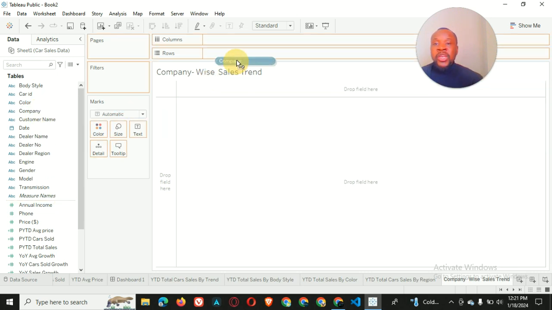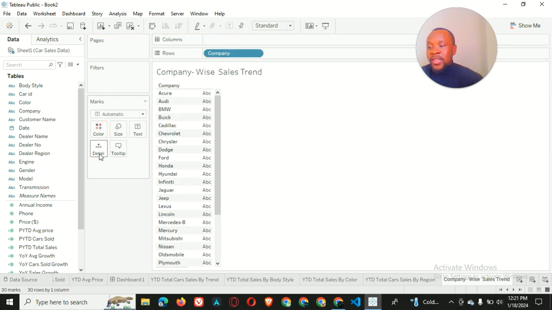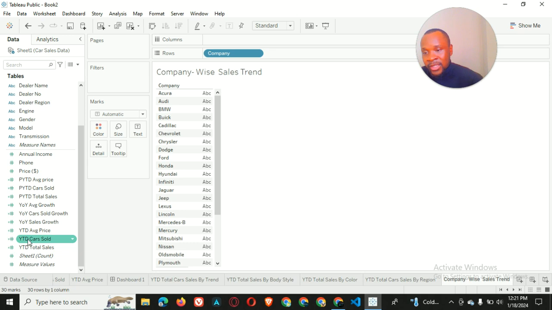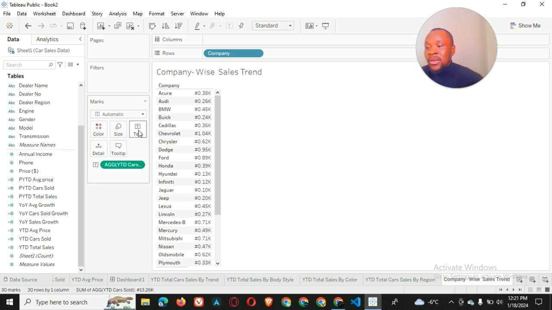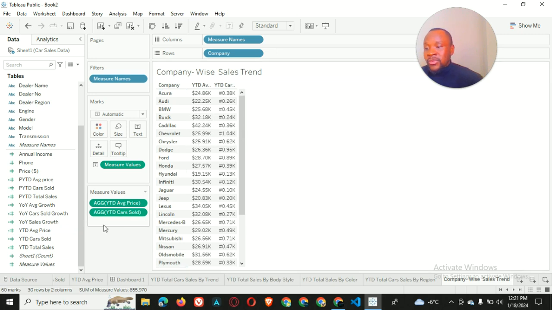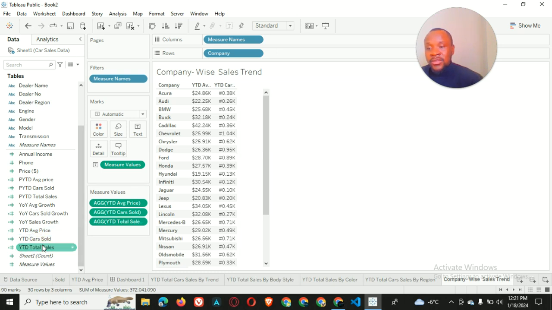So we drag the company and put it here in the row, and then we put the years to date cars sold in the text. So we come over here, years to date cars sold, we put it in the text, and then we double click on the average price. So we go to average price here, double click on it, and then we double click on the years to date total sales. We go to years to date total sales, and double click on it, and then we click on the year to